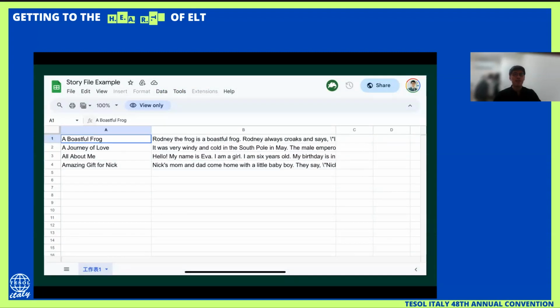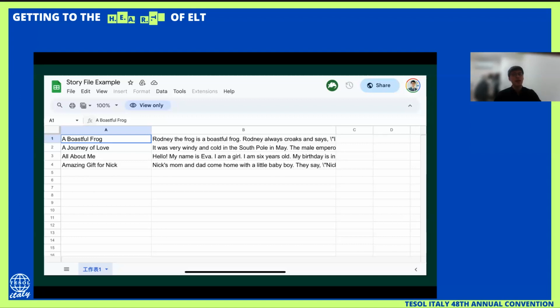In the story file, for example, column A will be the title of your article and column B will be the content of the article. As you can see from column A, there are different article titles over here.